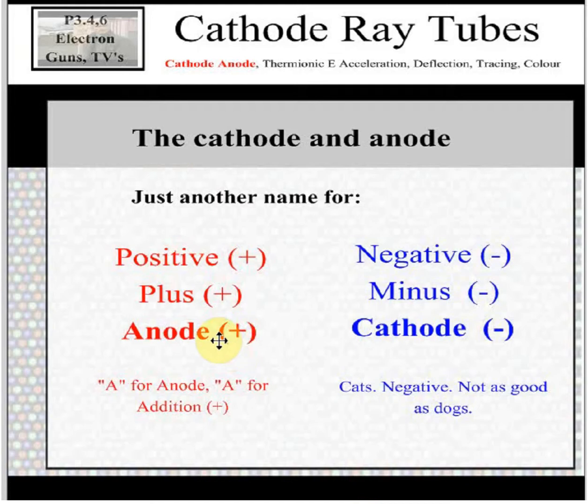So your anode here is just something that's positive. Cathode, something negative. Easy. Look, positive and negative, plus, minus, anode, cathode, all just mean the same thing. So the way I remember anode is plus is, I think of A for addition, A for anodes, and cats are negative. Everyone knows that,